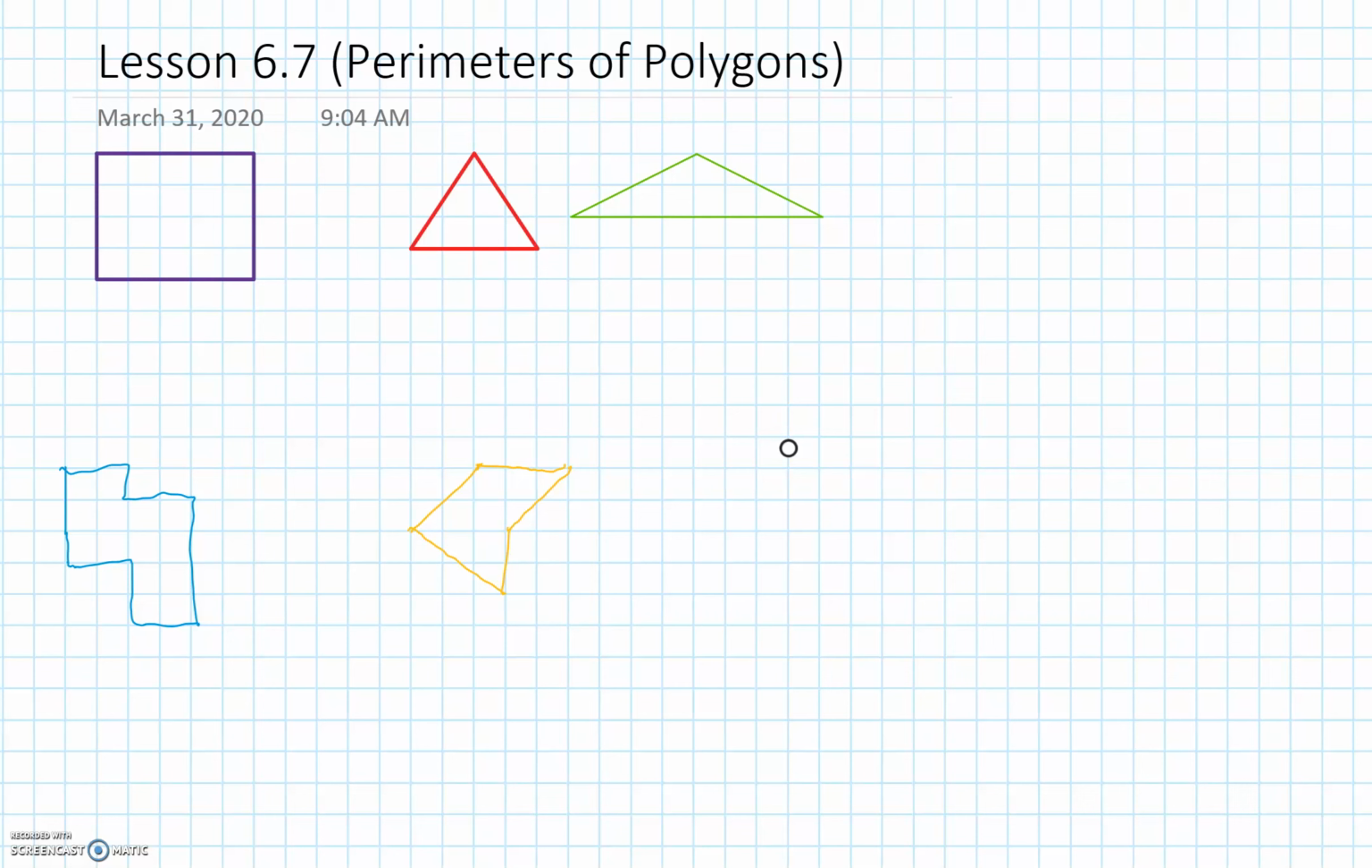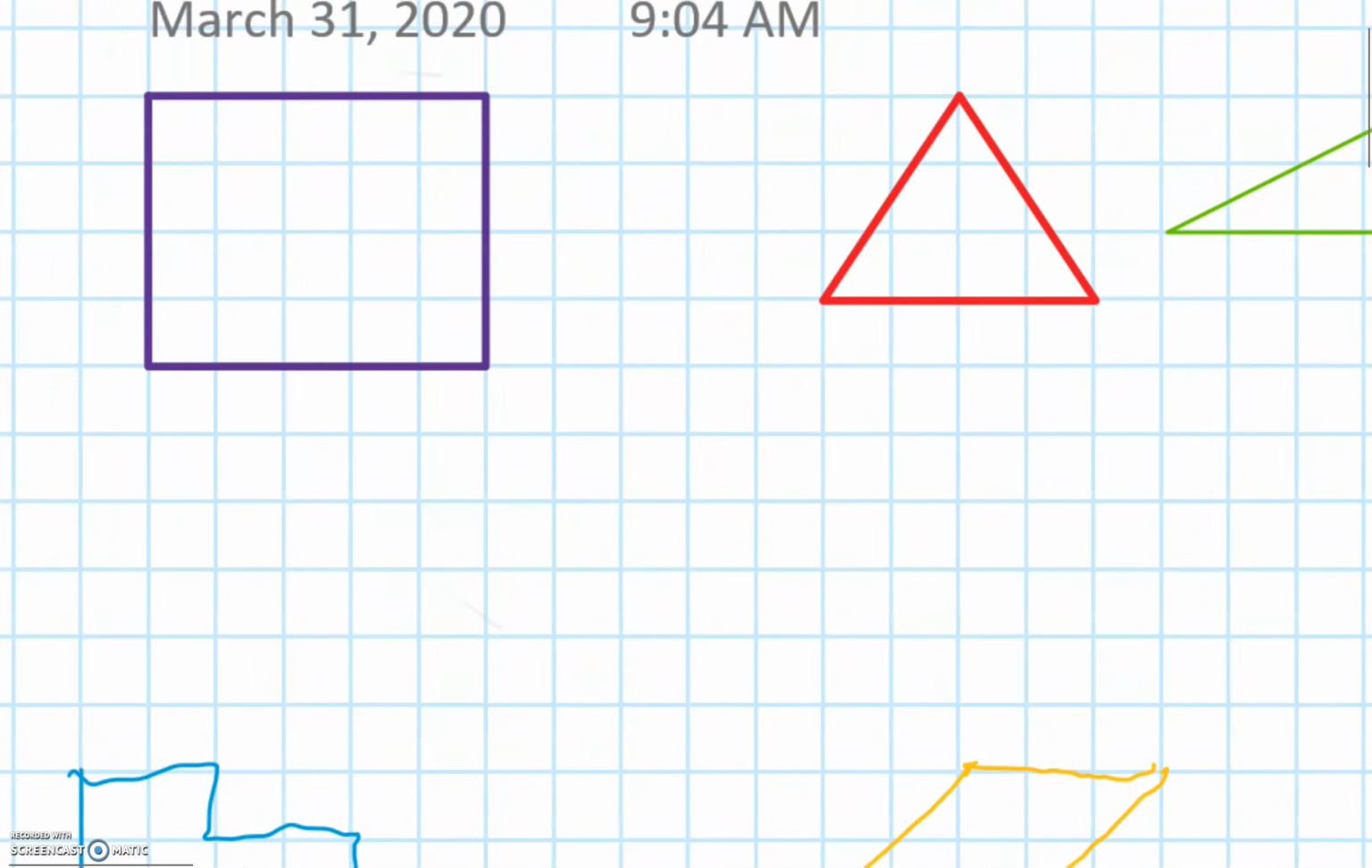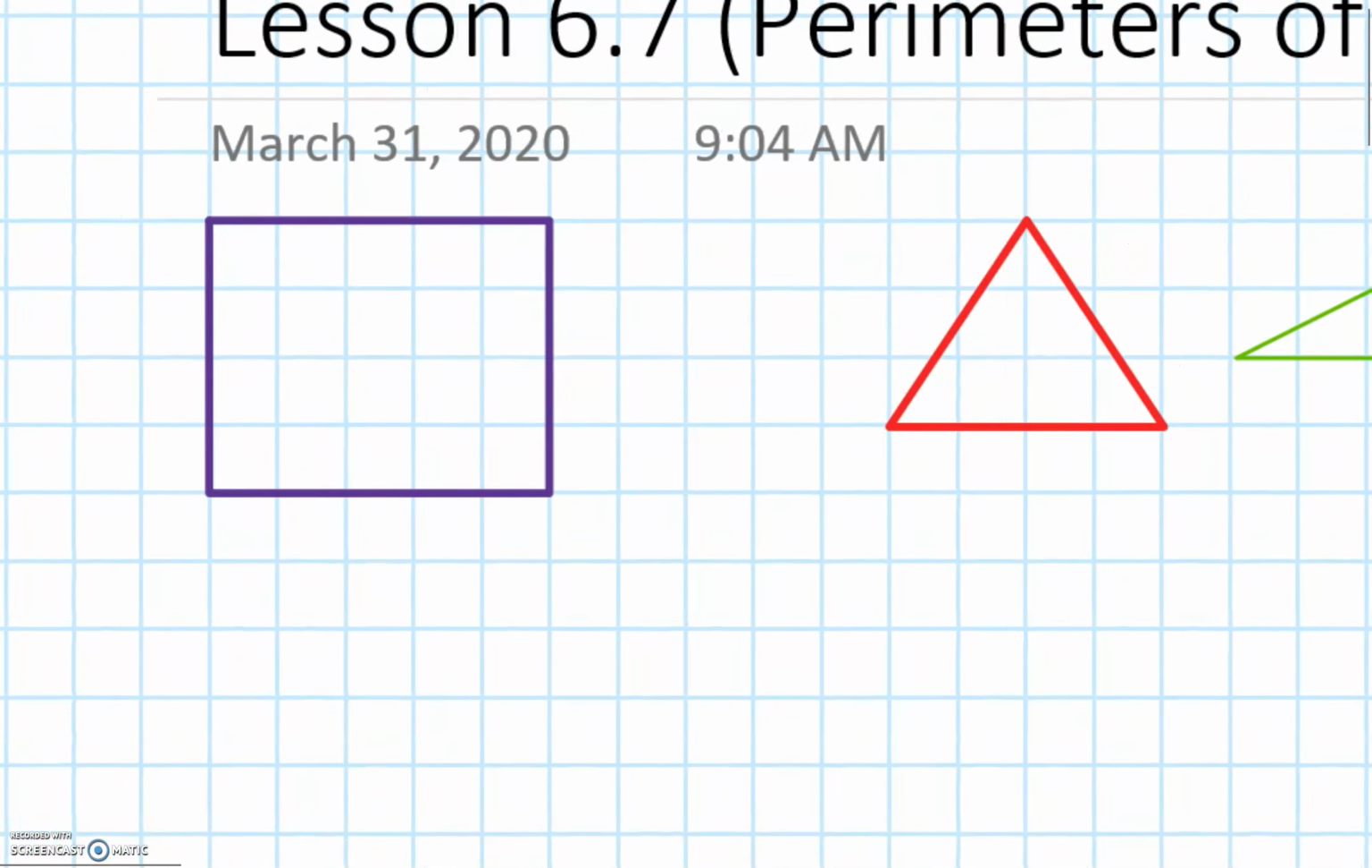Hello and welcome to my video, lesson 6.7 on perimeters of polygons. Alright, so we're looking at perimeters. The thing that I want you to understand out of this entire lesson is that perimeter means that you're walking